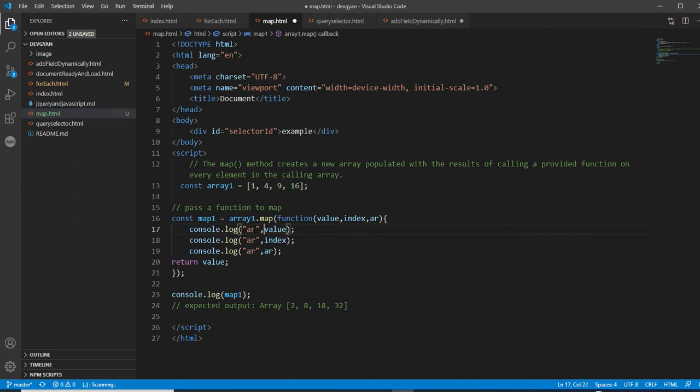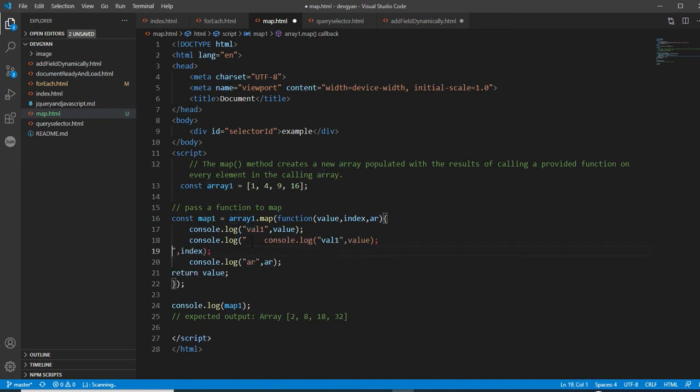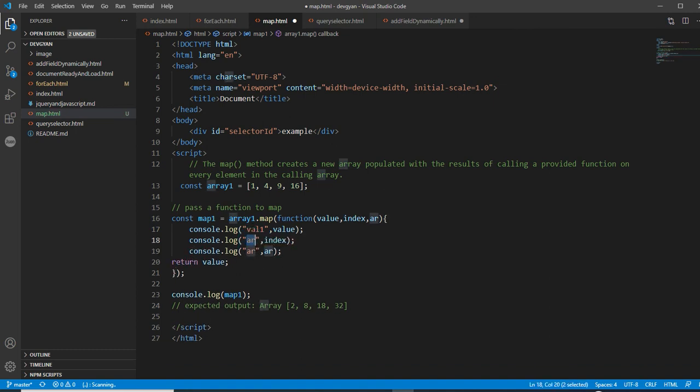Here I am going to provide val1, this is the index, and the third one is ARR.